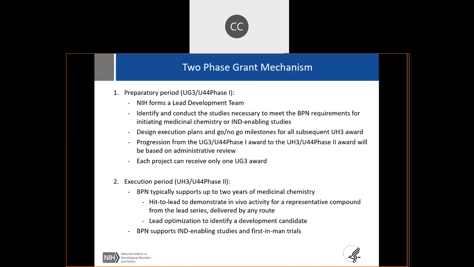These are phased grant mechanisms, meaning all grants must come into either the UG3 or the U44 phase 1 if you're an SBIR applicant. In that first year, that's sort of the kicking the tires of the program and making sure that things are where we were supposed to be. So, did the assays actually perform? Does the chemistry, do the compounds have SAR like they're supposed to? Do we have a plan to go forward? It's really all generated based off of the milestones.